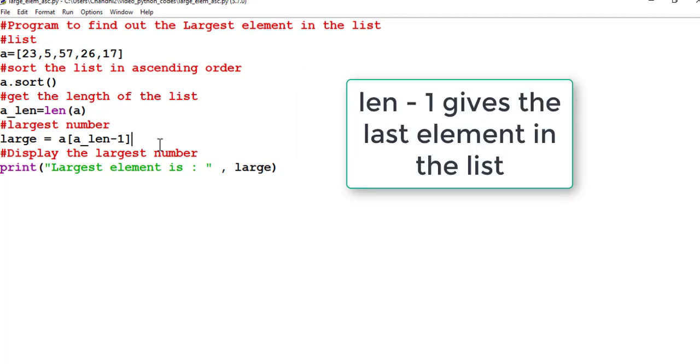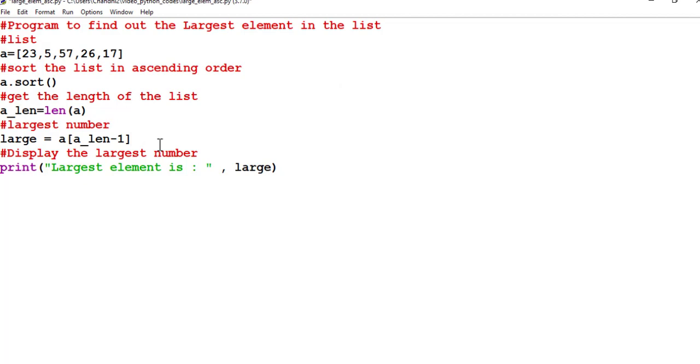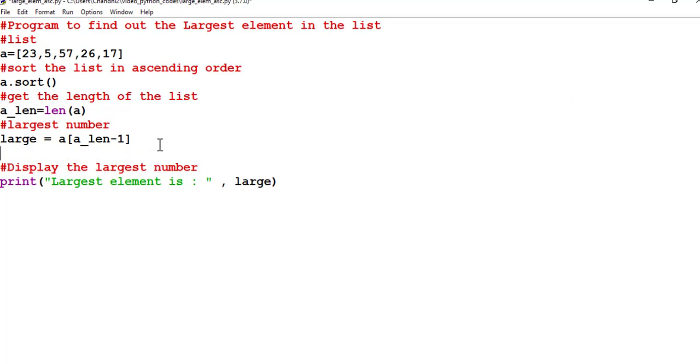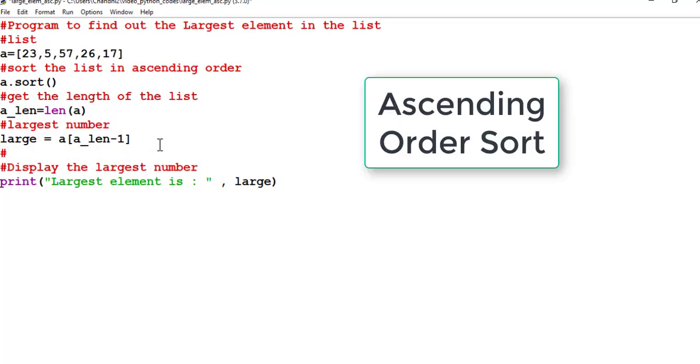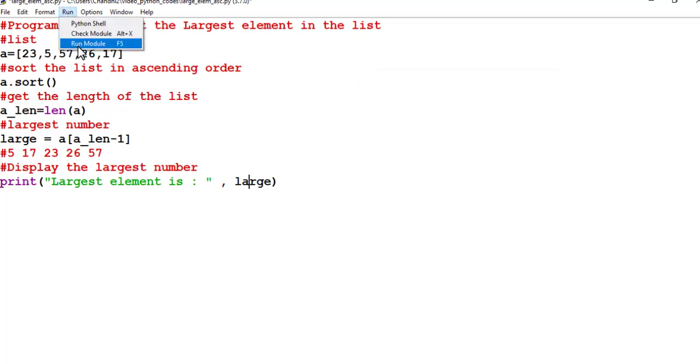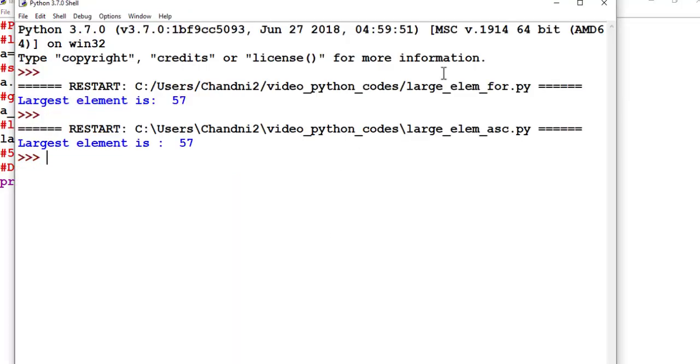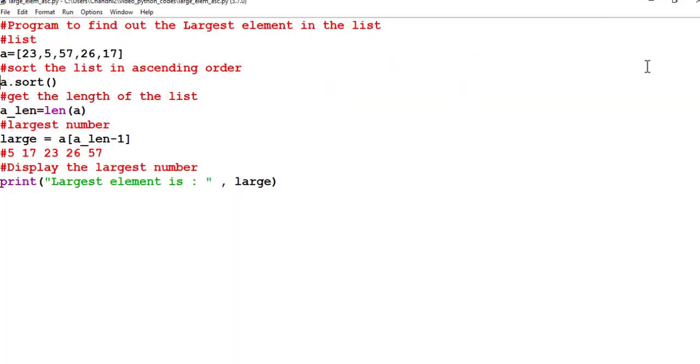So when it arranges the elements in ascending order, say 5, 5, 17, 23, 26, 26 and 57, it will pick the largest number large from the end and show us the largest value. Let's see, it will show the largest element is 57.